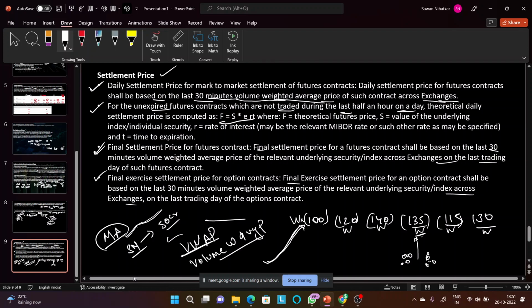So when smart money is involved, in that case price becomes a misleading factor. Price will mislead you in that case. You will think price is rising, but still there is nothing underlying to it. There are not a lot of people who are actually interested in buying, or who are actually interested in selling. This is just smart money which is involved. So in that case you use VWAP, that is volume weighted average price.